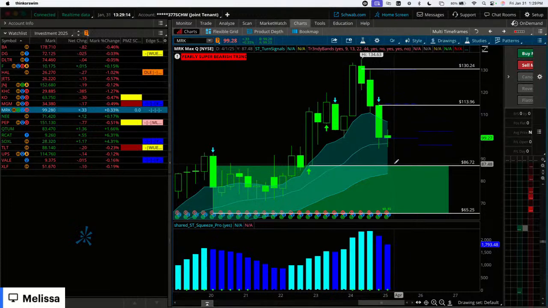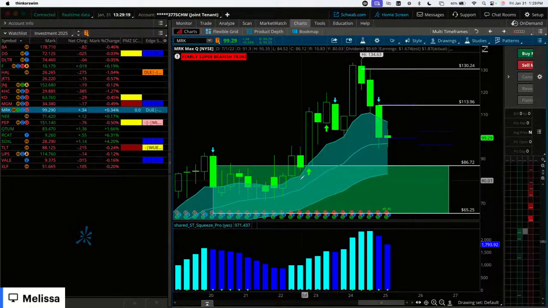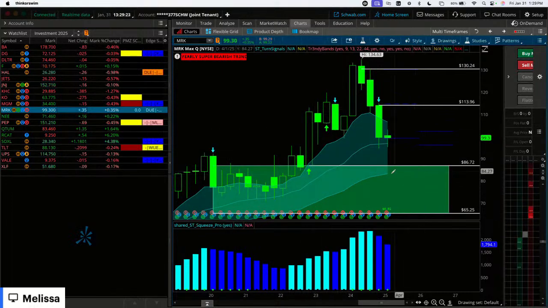I believe if price pulls back here, these buy orders that didn't get filled because of this very large candle are still sitting here and price will go back up. That's why I choose quality